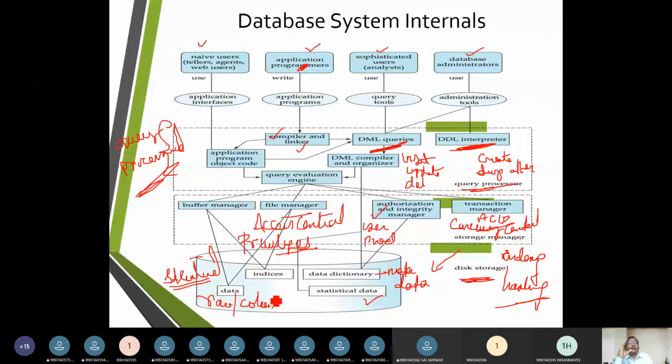Queries are processed with the query evaluation engine. It supports DDL and DML, and the query evaluation engine works with compilation and a linking phase, and thereby it passes to the next level, where there is a buffer manager and a file manager, which set up access controls and privileges towards read or write operations. And it supports authorization, with a user and user password, etc. And it supports transaction management, supports concurrency, and does ACID properties.